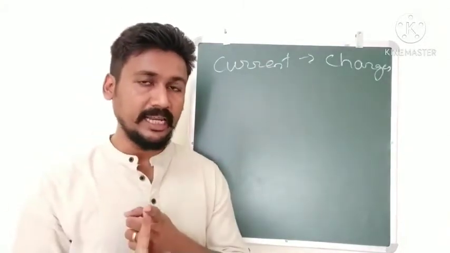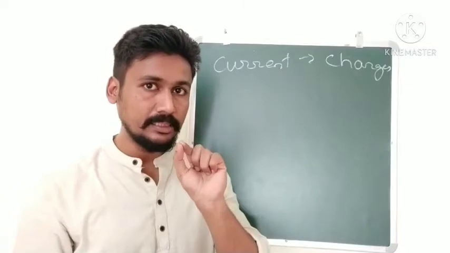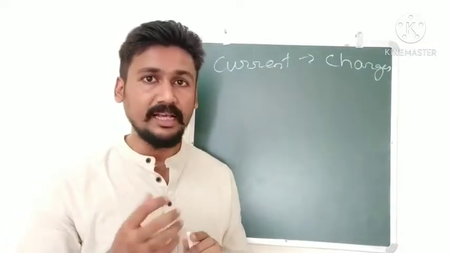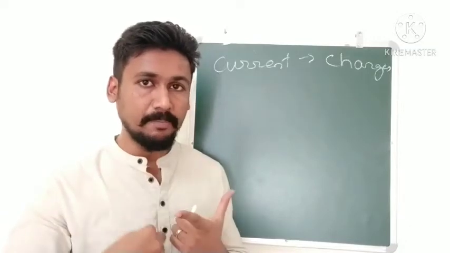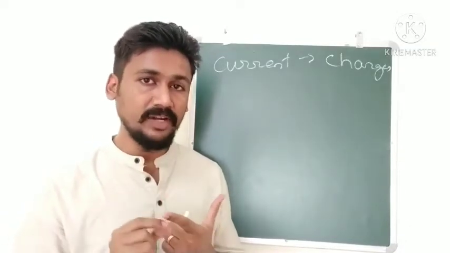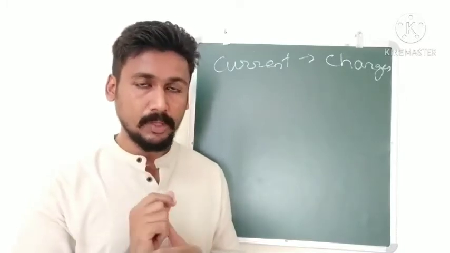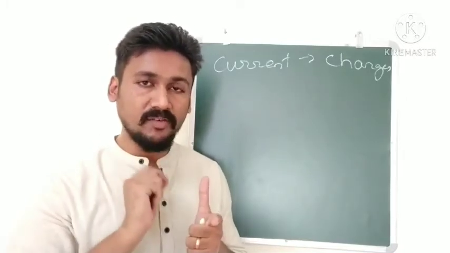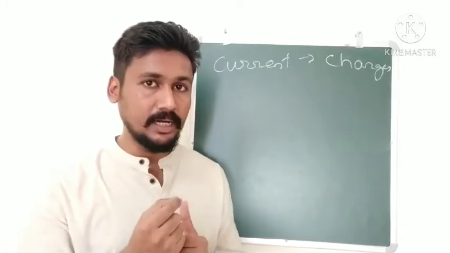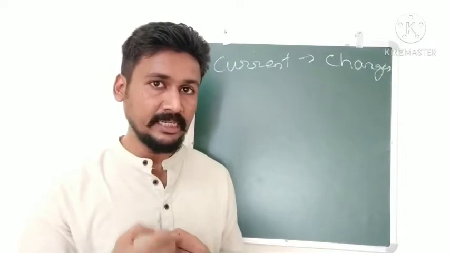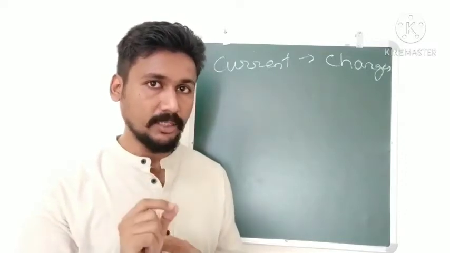So in solid materials, it is electrons which are moving. But electric current can pass through a liquid also. In a liquid, it is not the electrons; we have something called ions. The movement of ions makes the electric current flow. Even when we say that in our body the electrical signal is passing, it is actually by movement of ions.